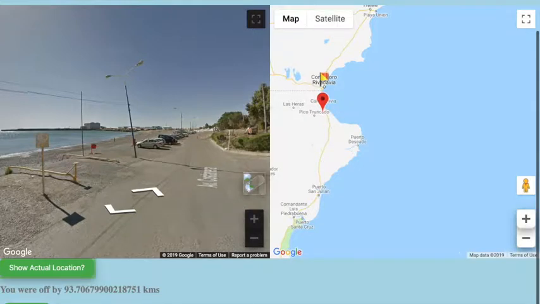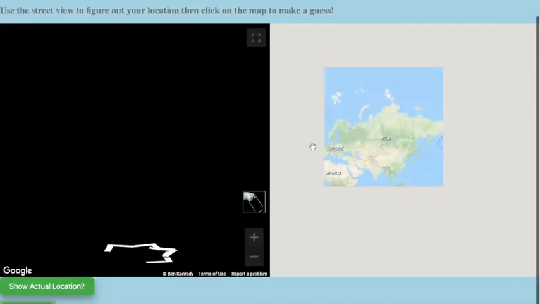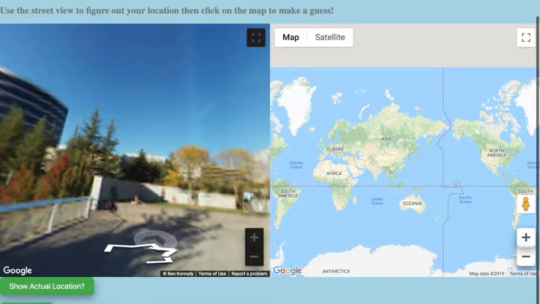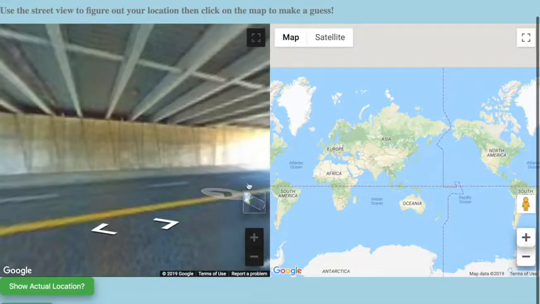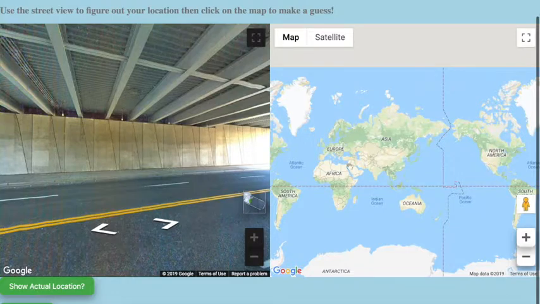As you can see, it's not an infinite amount of street views, but there is a large amount, and it's randomly selected from this database of street views. So you can click through it a few times, and you will not see the same street view twice. So just some interesting things to note.